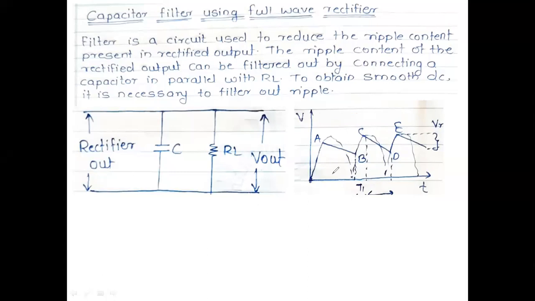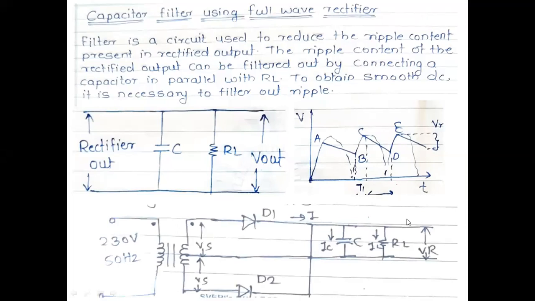So one more circuit of this is nothing but the simple filtration, which I explained here now. Those people who are joining, the same circuit we have shown here now. For the capacitor, we can use the bridge rectifier, or if not, the full wave rectifier. In this, the load resistance is connected; before that we have to connect one capacitor here now.